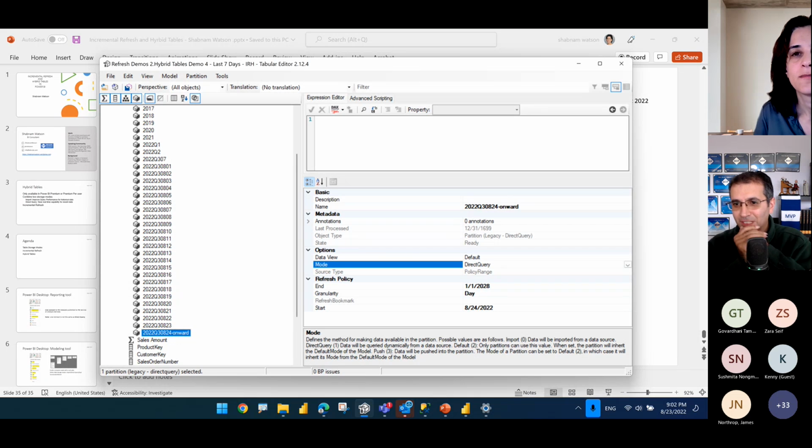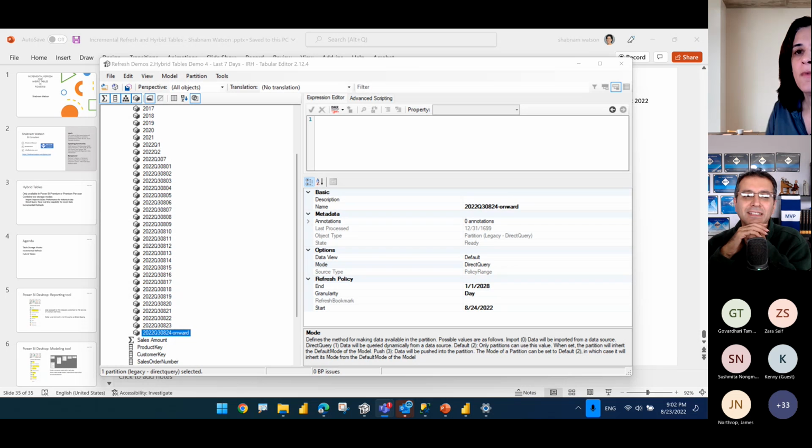Oh, the other question from Elham is that imagine we have a transactional table with over 400 million rows. Do we need to import all the records first? Okay, so 400 million rows, depending on your backend system, I would say you still can. You don't have to, you can. So bare minimum, I would use the parameters. Use the parameters when you're working in Power BI Desktop, limit it to only a year, a quarter, a month. And then in the service, lift the parameter to do a full import.